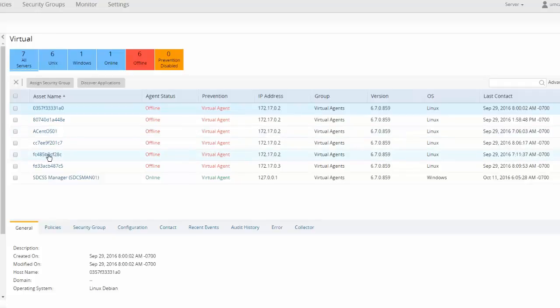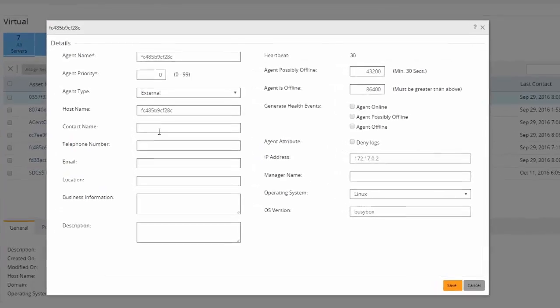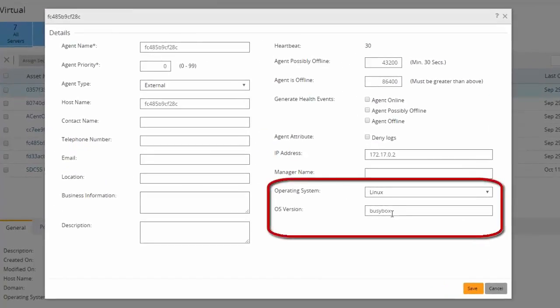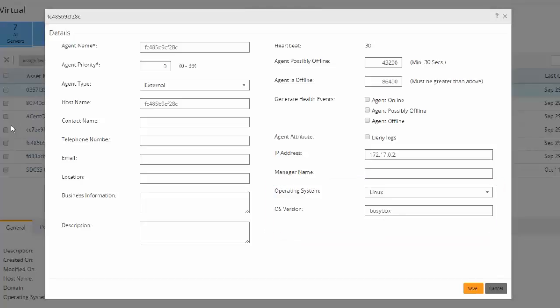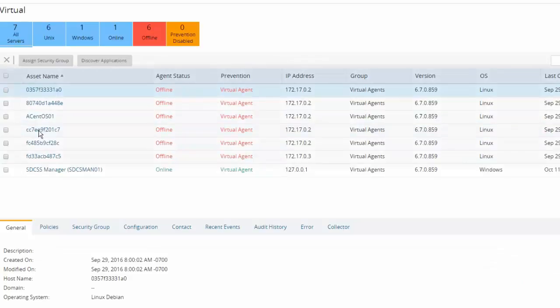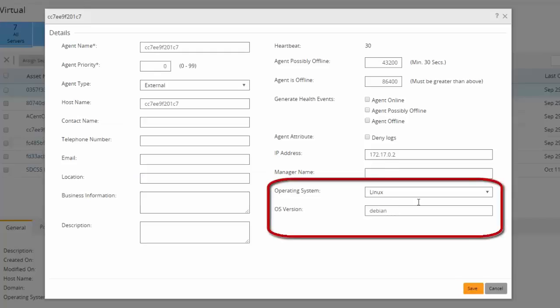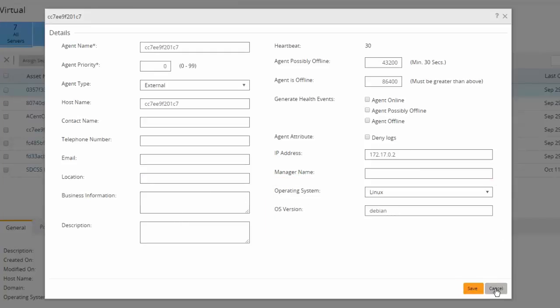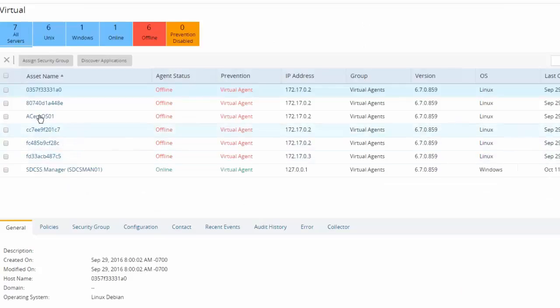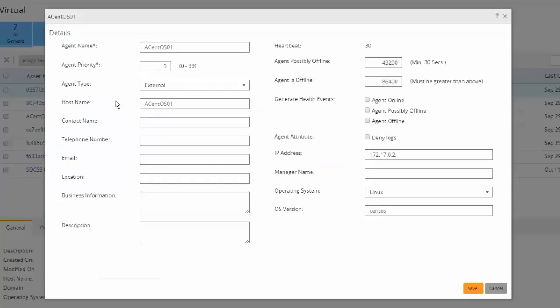So what we can see, just looking at first at a high level, is what was going on. If I drill in, I can see we had a BusyBox, which is a set of Linux tools, running, which they started up and then shut down. Then somebody fired up a Debian container and shut it back down. And finally, at the time of interest, somebody fired up and gave an actual named host, which was a CentOS